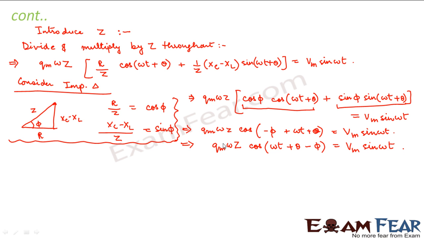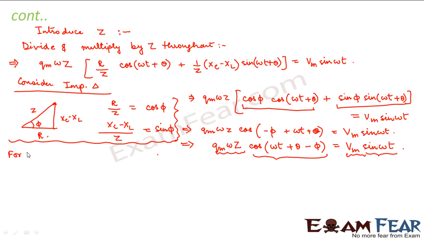So now if I want my left hand side and right hand side to be equal, for that this Vm should be equal to Qm into omega z. That means this part should be equal to this part. Similarly, this part should be equal to this part. Right? So these are the two things that I want. So that means